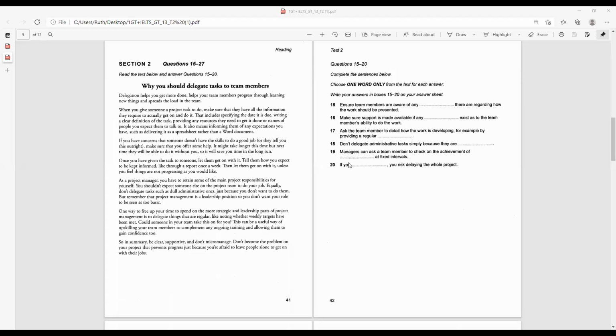Okay. So read the sentence first, try and predict. So what are they asking? Okay, you're supposed to put only one word from the text. So the word is going to be exactly the same as in the text, and then you're going to write it down. So can you do it by yourself? Yes. That's 1, 2, 3, 4, 5, 6. So I'll time you for 7 minutes, and then we'll